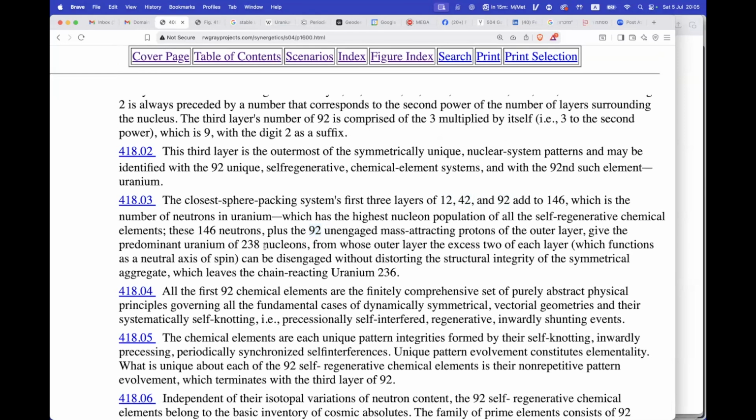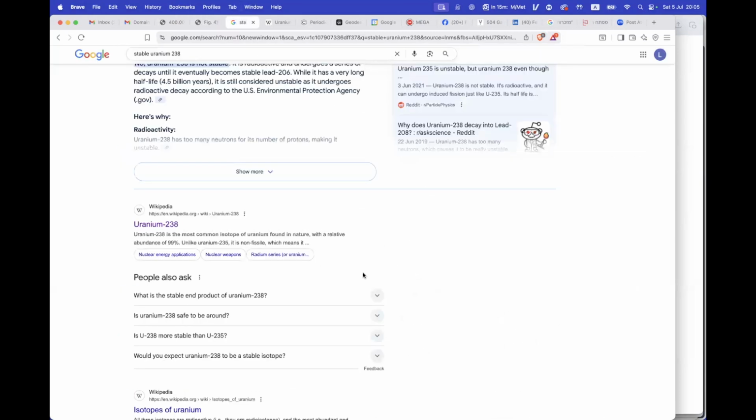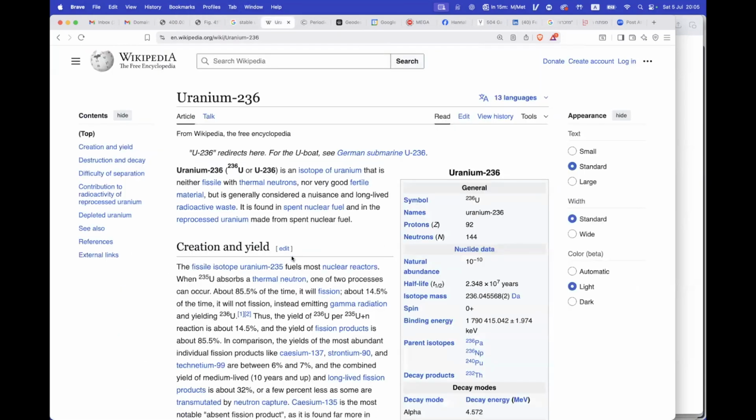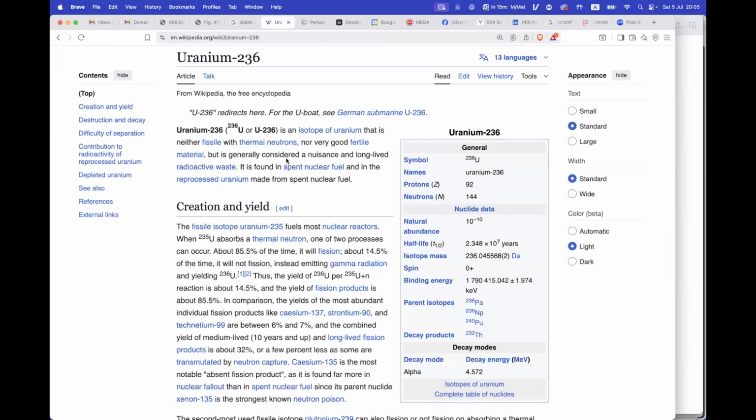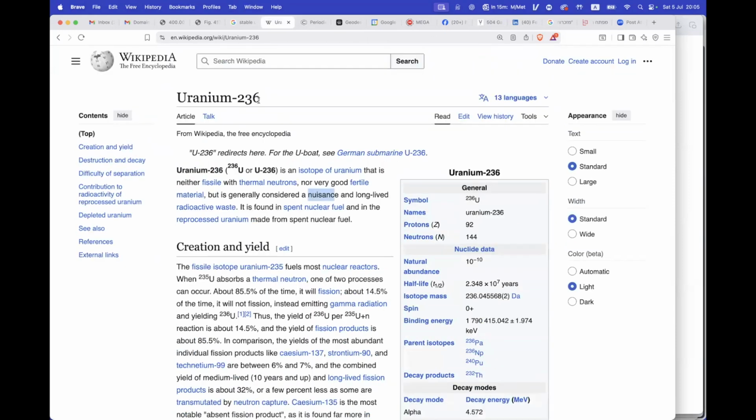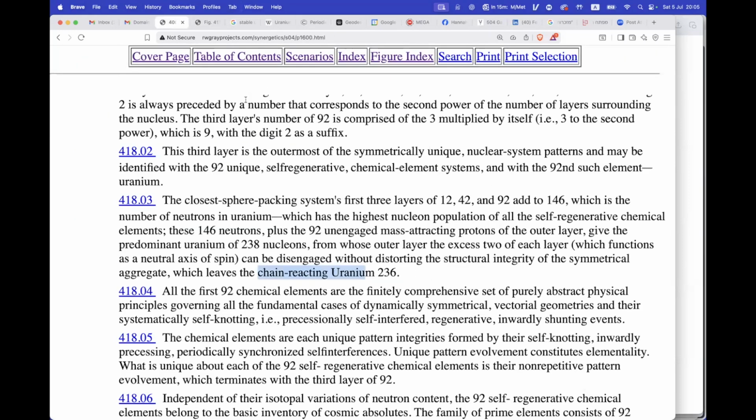And so in a kind of poetic nature, because it's hard to interpret what this means in physics, this number does match this. And so in Fuller's brain, it's very important that minus 2, it becomes 236. So notice he says here that's chain reacting. And here in this article that we just looked at, 236, they actually consider it a nuisance. And we could look more at what is the most